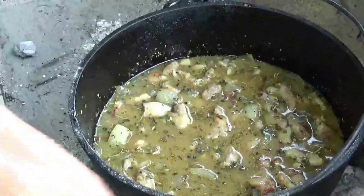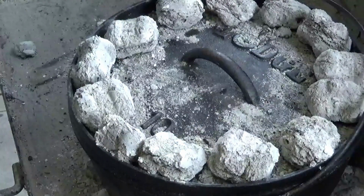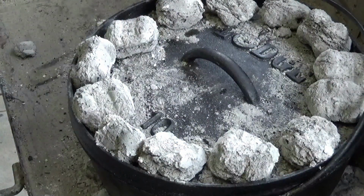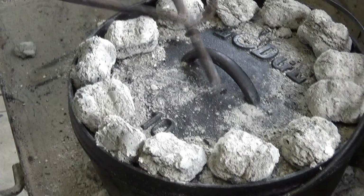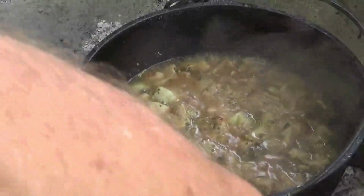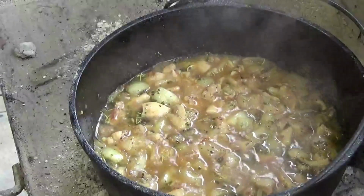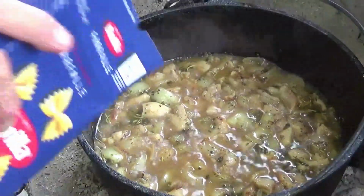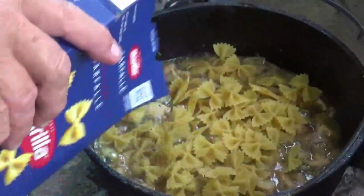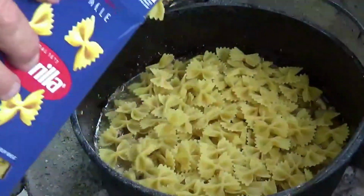Let's put the lid back on. This time we can put it on tight. I'll go for about another 5-6 minutes. Alright, as soon as you see the steam start coming out around the lid, it means it's up to a nice bubble. I'll go ahead and put in about 1.5 cups of our bow tie pasta,